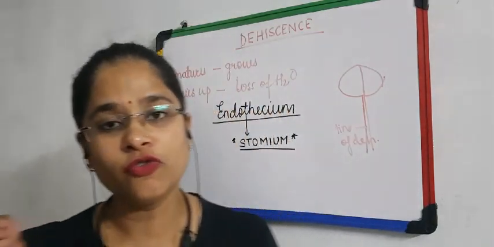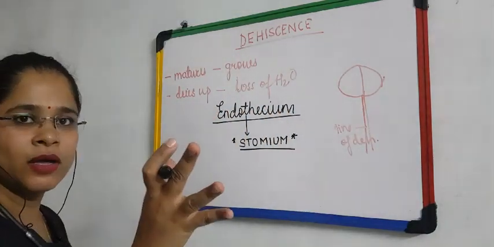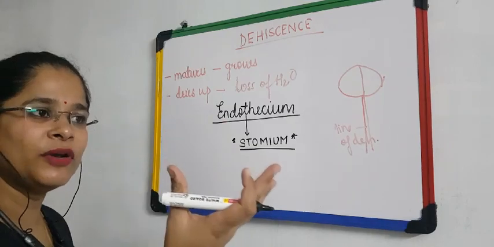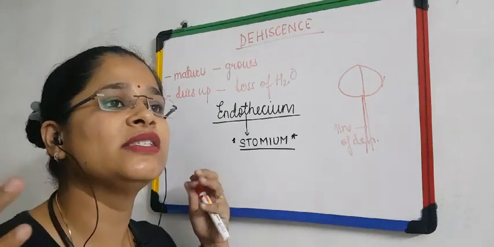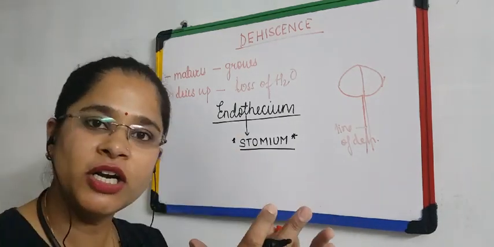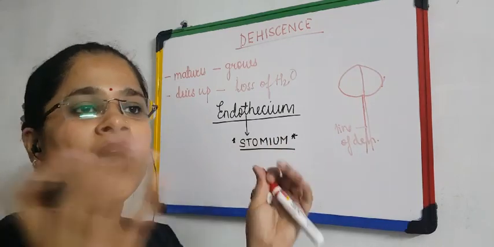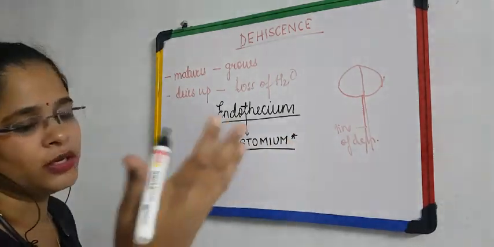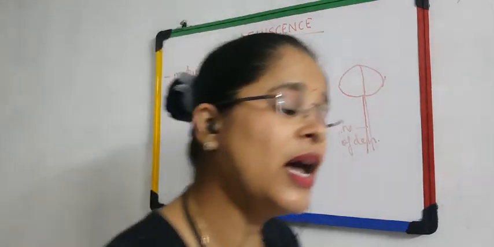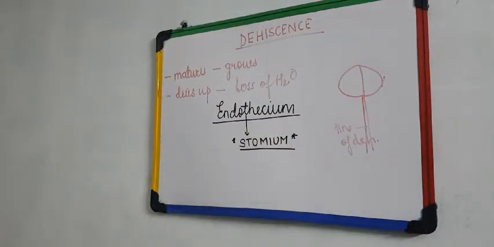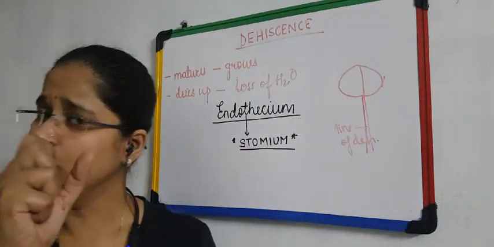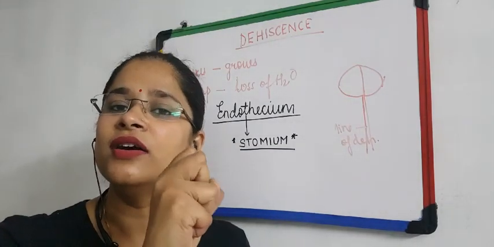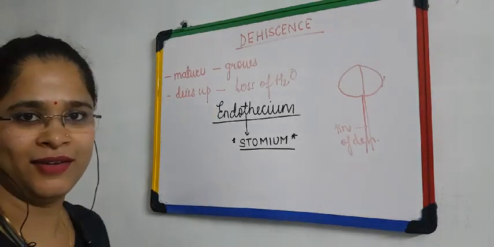Now due to loss of water, this dries up. When it dries up, due to high temperature and pressure condition, increase in the cell size of the pollen grains, there is a pressure developed. When the pressure develops, the anther bursts out, and when the anther bursts out, the pollen grains are released. So as the anther ripens, what am I saying? As the anther ripens, endothecium shortens. Endothecium shortens means it undergoes various cracking.